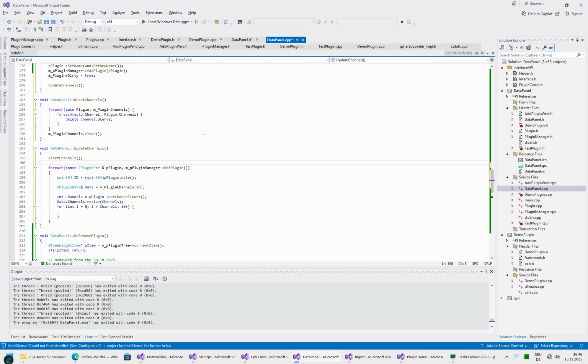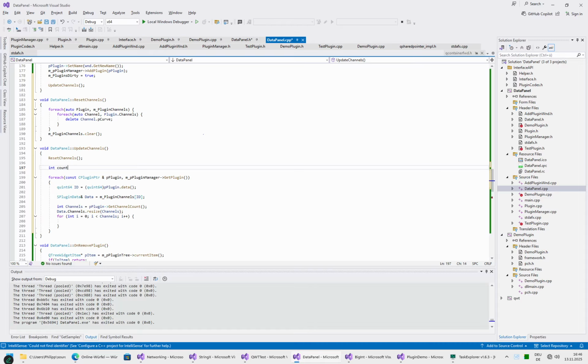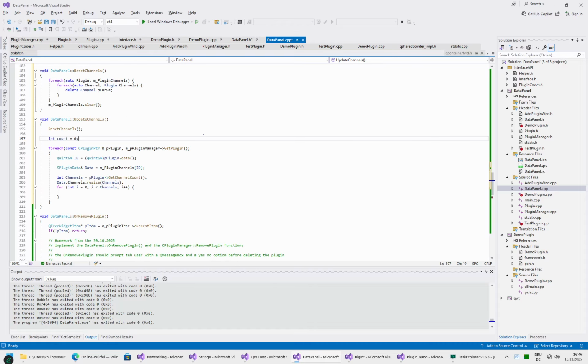Let's add a counter. So we have resized channels to the right count. Then data should be consistent in our naming. Let's call this here then data as well. So data channels